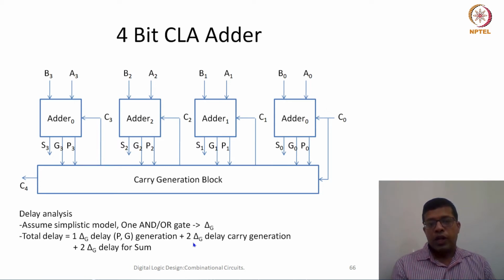Now you see the advantage is not that sufficient. So this way we are able to reduce the delay of a 4-bit adder. Now at what cost? We have increased the area. So this whole additional circuitry of carry generation block is the additional area consumption. The circuit which was required for all the adder 0, adder 1, adder 2, adder 3 has not reduced. It is still there. The same circuit is there.